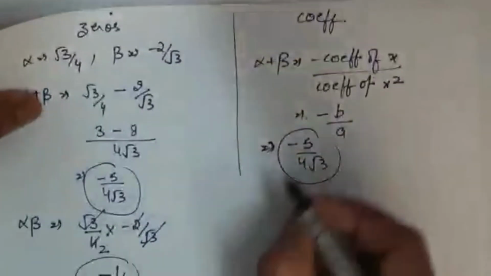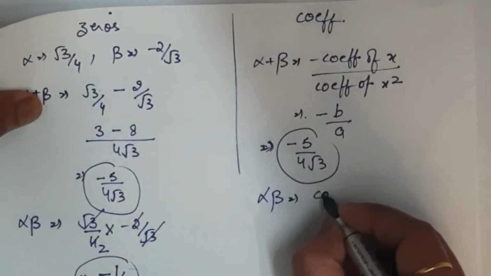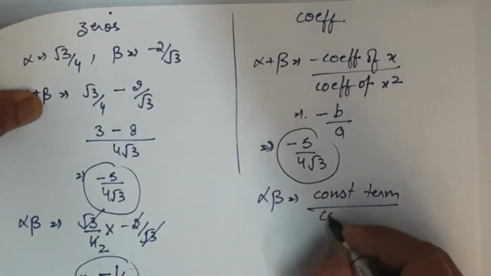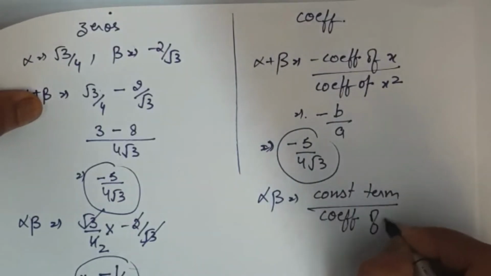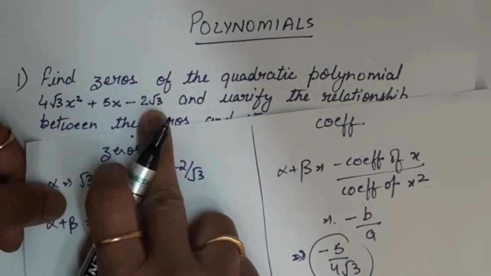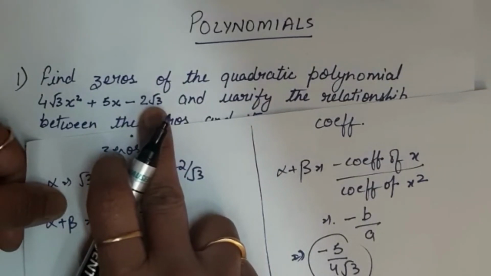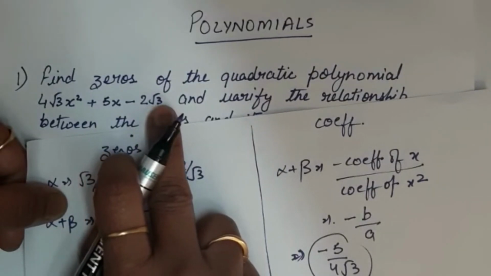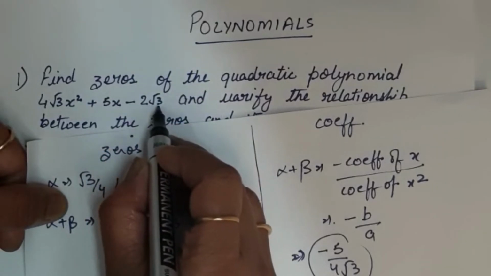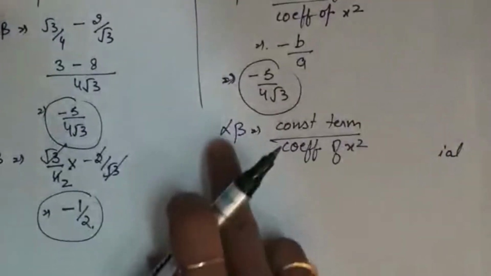Okay, now let's do the product. Now according to the product, the formula is the constant term. Okay, one more thing I have to tell you. Coefficient of x square. Why is this last term called the constant term? This is a constant term because it will not change. Why not change? Because no variable is there, no x and y is there with this. So this last term which has no variable, no x and y, is called the constant term. Okay, so what is the product?